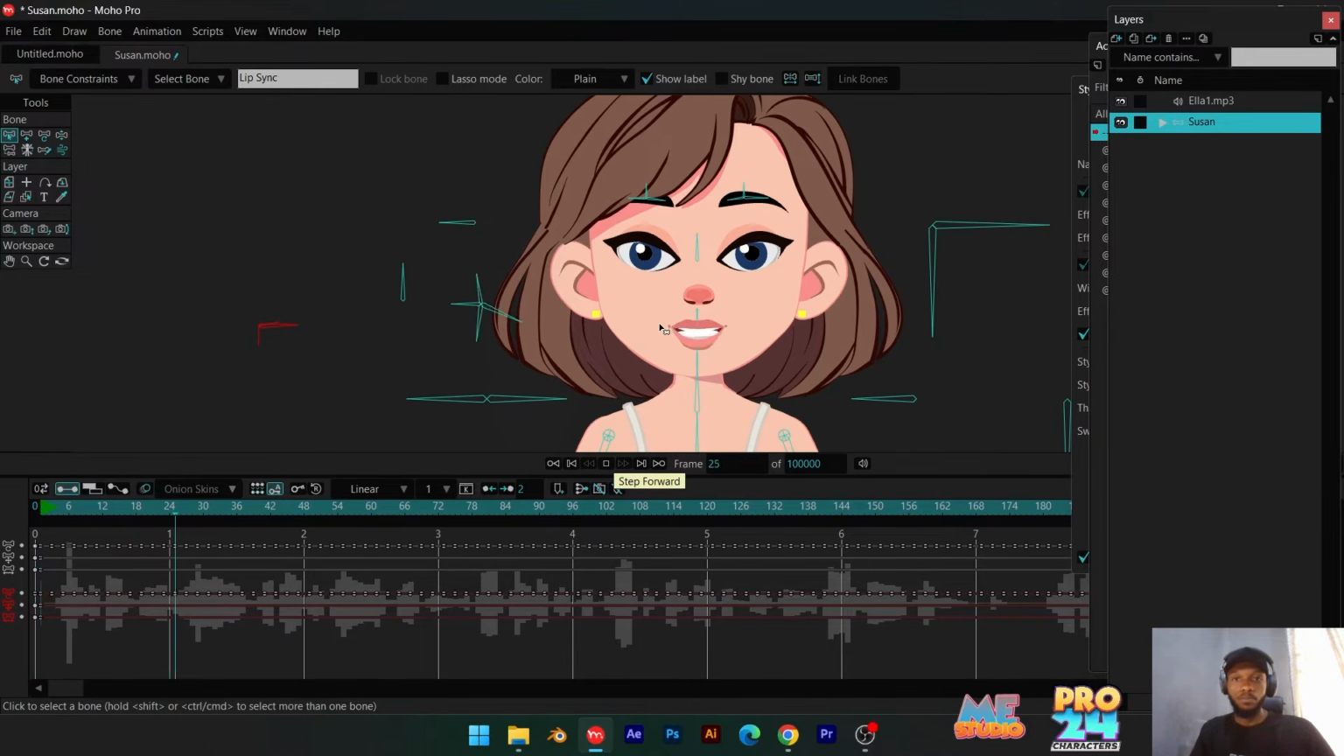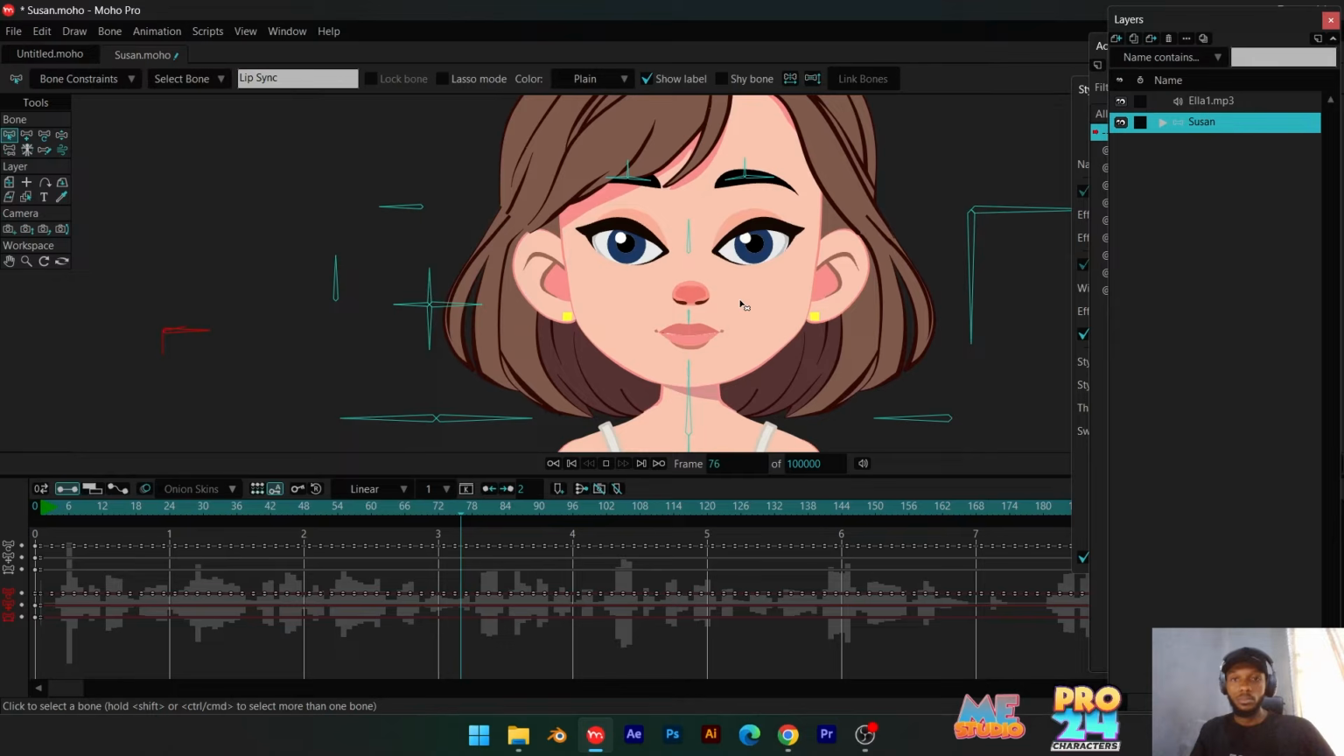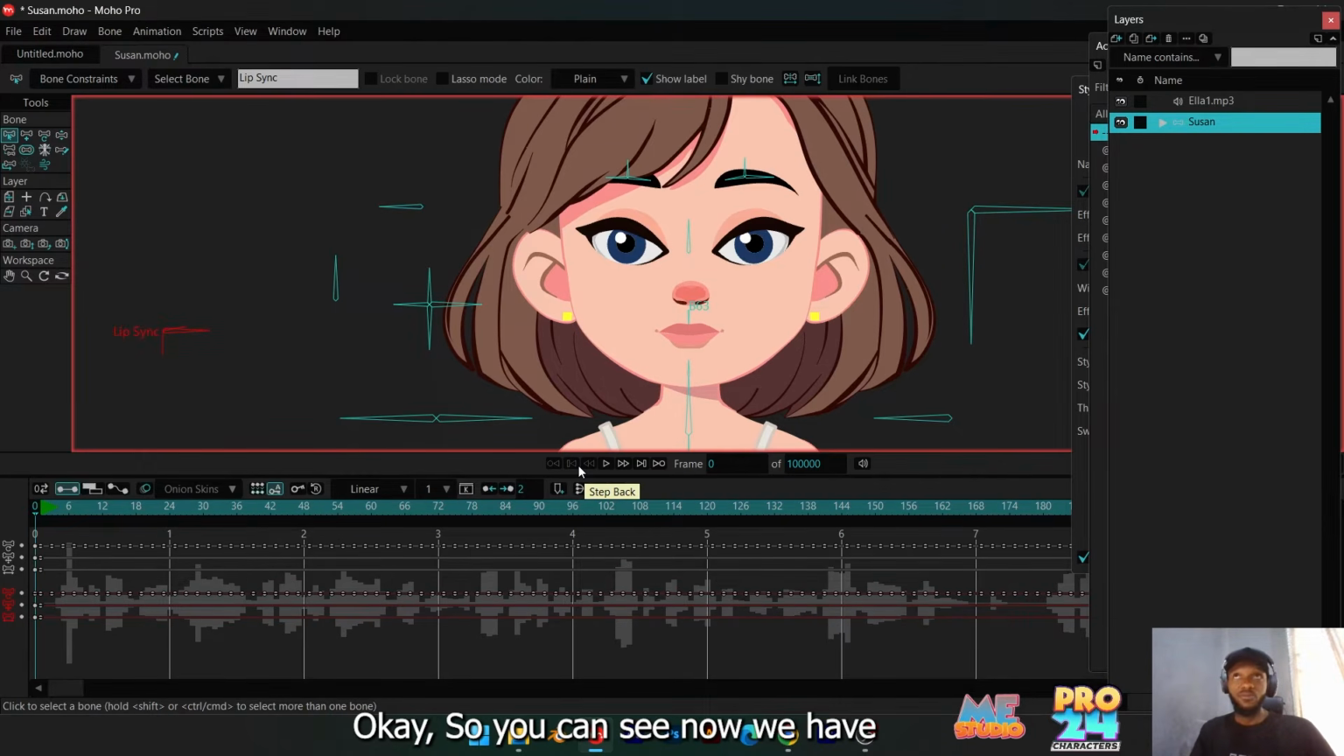See, Why spend time designing, rigging, and animating characters when you can simply pick one of the Pro 24 characters and use them in your project, saving you hours of creative time? Okay, so you can see now we have